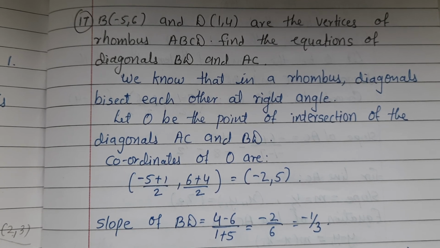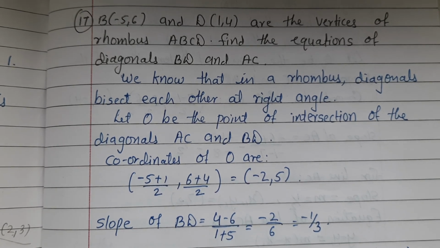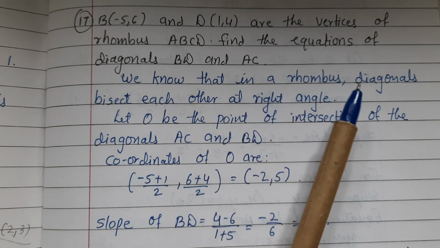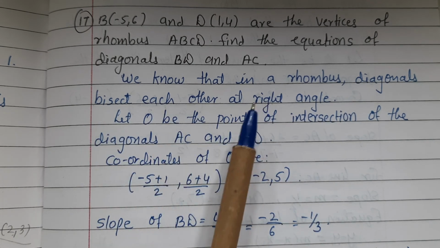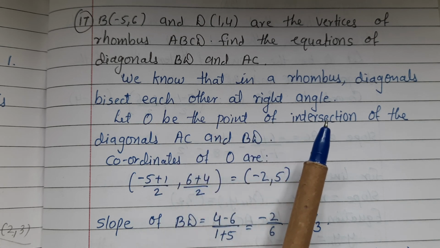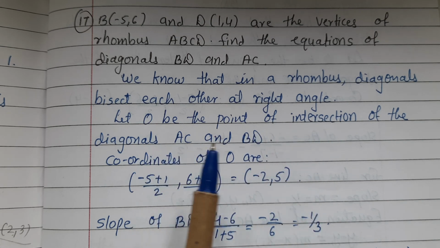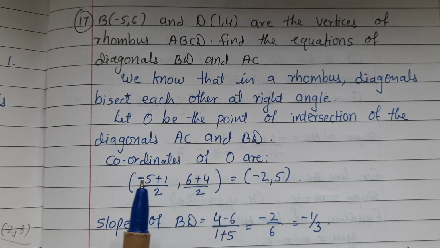Sum number 17. B (-5, 6) and D (1, 4) are the vertices of rhombus ABCD. Find the equation of the diagonal BD and AC. We know that in rhombus, diagonals bisect each other at right angle. Let O be the point of intersection of the diagonal AC and BD. Therefore, coordinates of point O are ((-5 plus 1) upon 2, (6 plus 4) upon 2) equal to (-2,